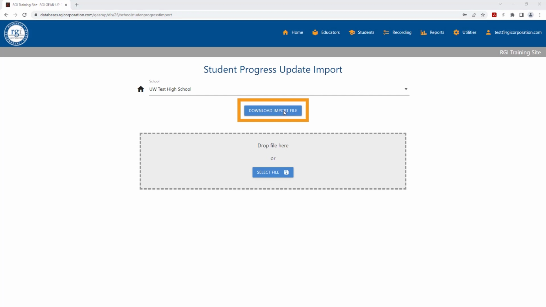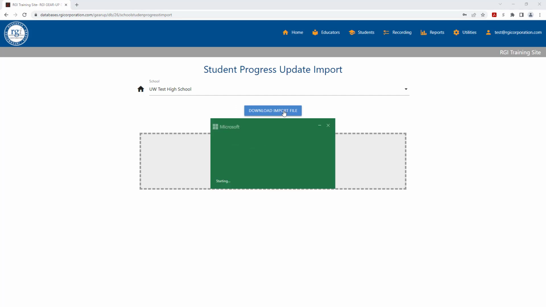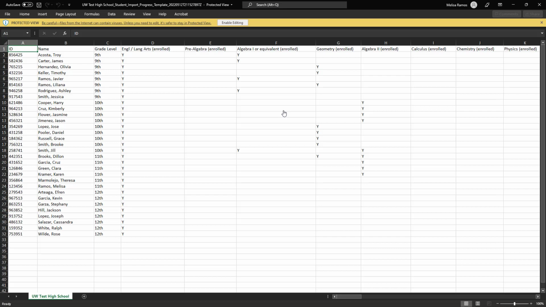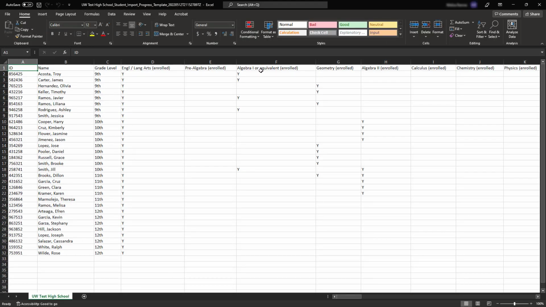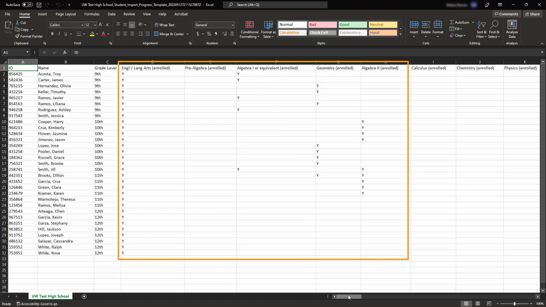Next, click on the Download Import File button to download the Excel spreadsheet you will use to enter course completion and student progress measure data. If you have a school or district contact that enters course completion and progress measure data for you, please send them this template. You will notice this spreadsheet is pre-populated with student information, course enrollment data, and possibly some student